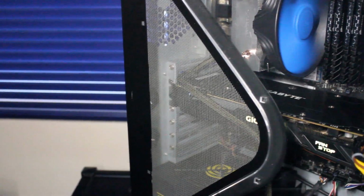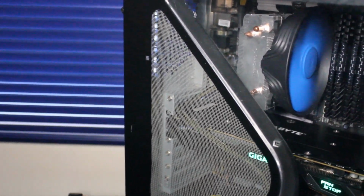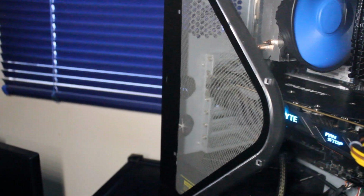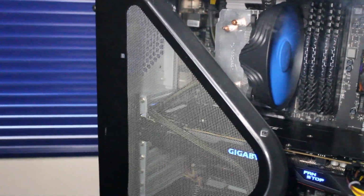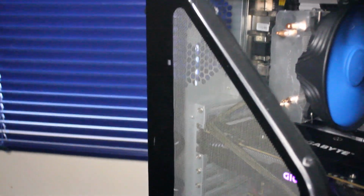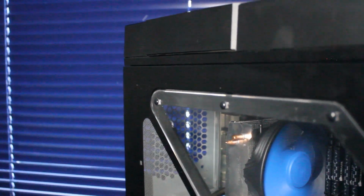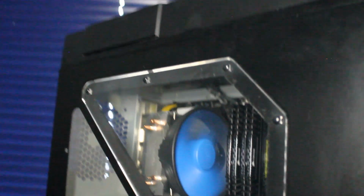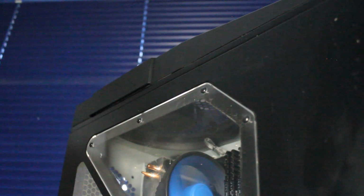Now you notice something different about this case. One plastic panel was missing, so I cut a mesh screen to shape and fit it into here with some very strong adhesive, and it looks quite nice, and I like to think that it might contribute to better airflow and cooling. As you'll see, we do not have a rear exhaust fan installed, rather we'll just keep it for passive cooling from the CPU cooler, because we have a 220mm exhaust fan at the top that does a really